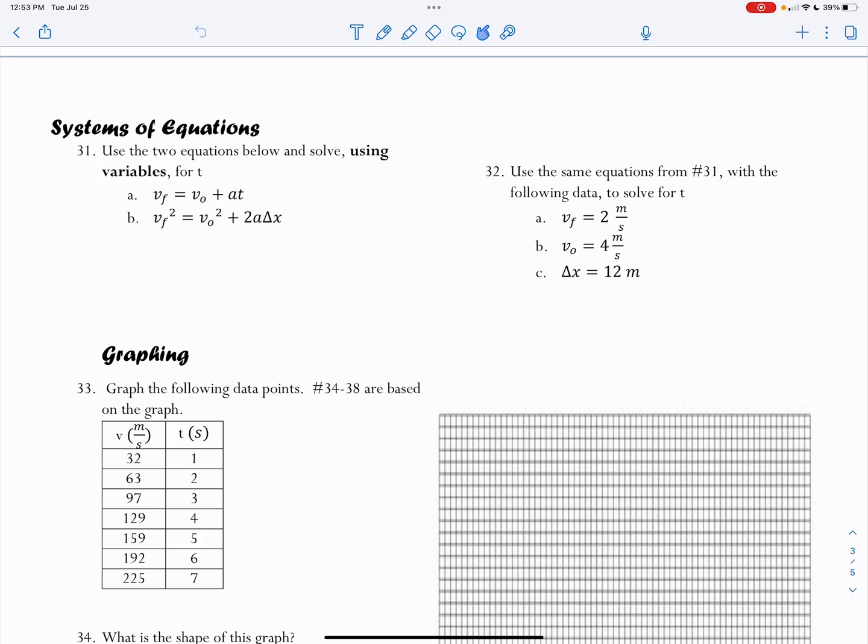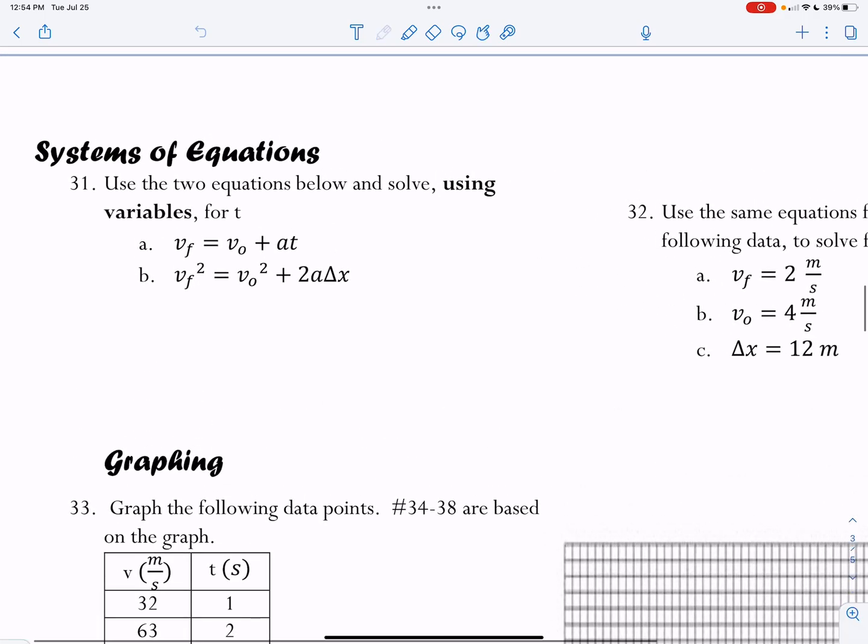For question 31 and 32, we're going to be using what are called systems of equations. That means anytime we have two variables, two unknowns, we have to find a way to combine them or eliminate a variable so that we have one equation with one variable, one unknown. So what we have here is V final equals V initial plus A times T. Then in our second equation, we have V final squared equals V initial squared plus 2 times A times delta